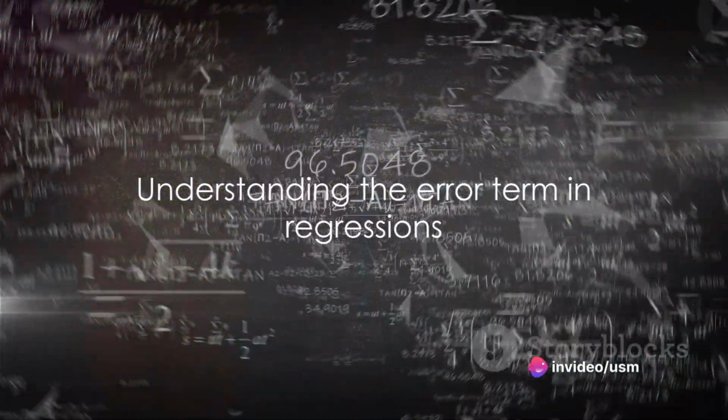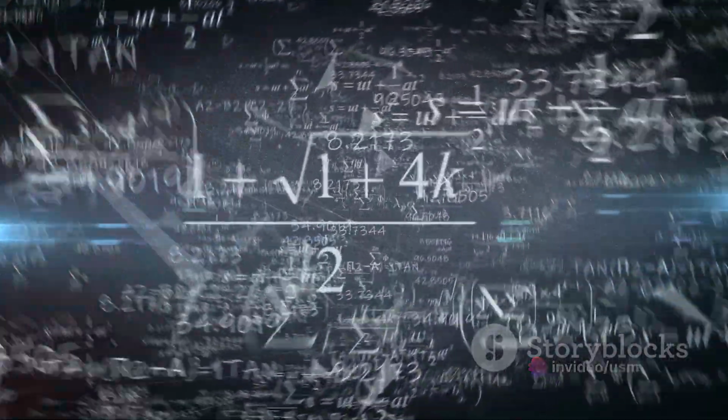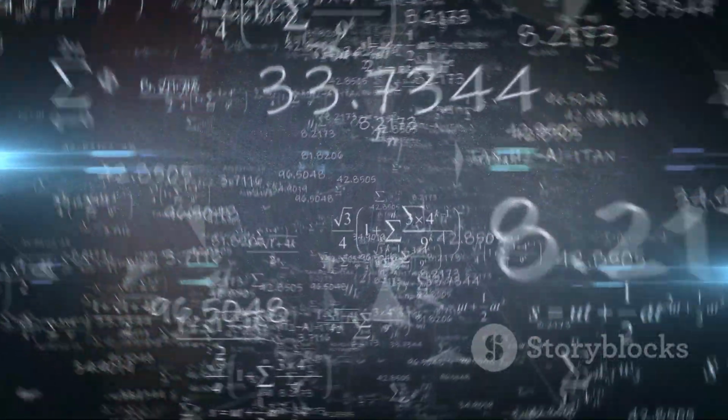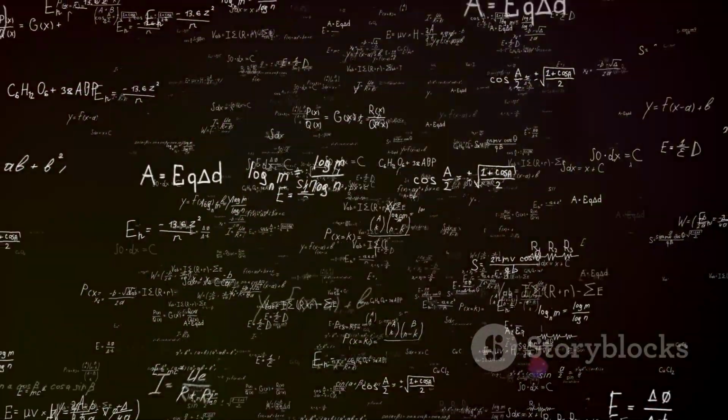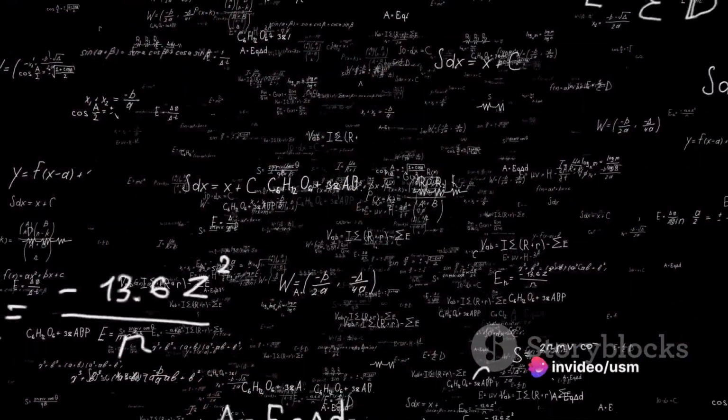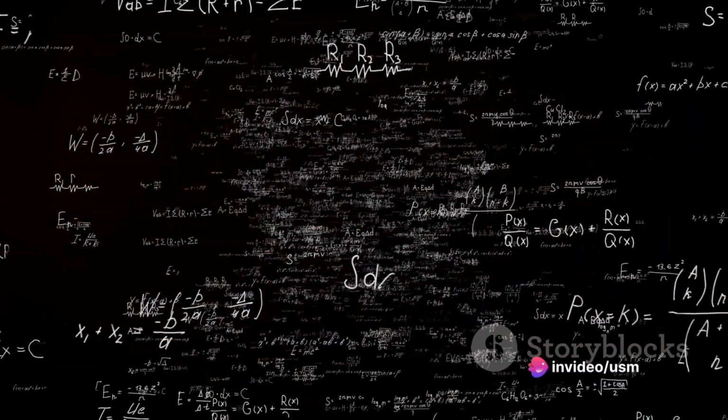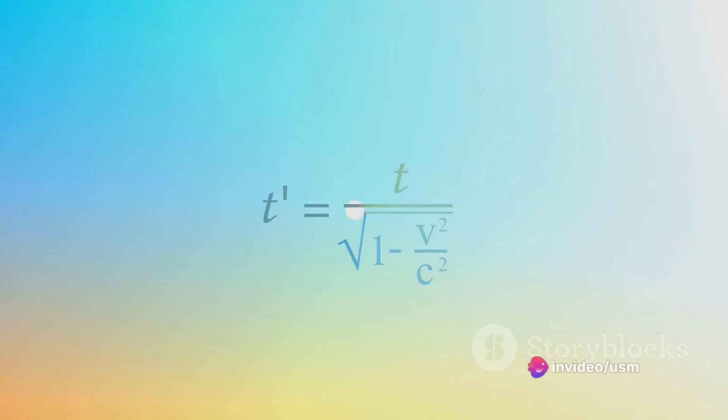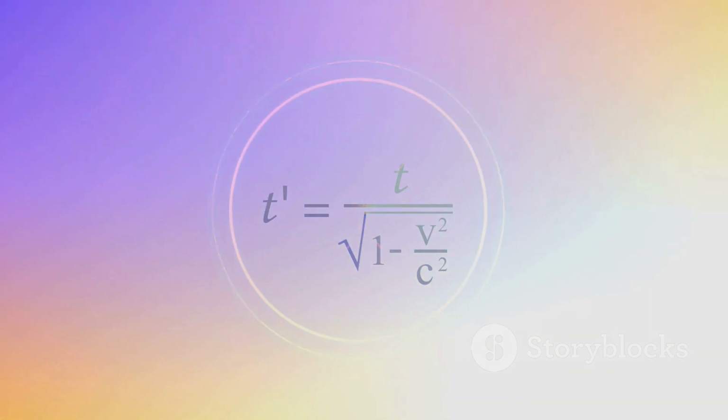Despite our best efforts, there will always be some factors we can't account for. And that's where the error term comes in. It's a catch-all for everything we've missed. These elements, the independent and dependent variables, coefficients, and the error term, interact within a multiple regression model to give us a mathematical equation. This equation can help us predict the dependent variable based on the values of the independent